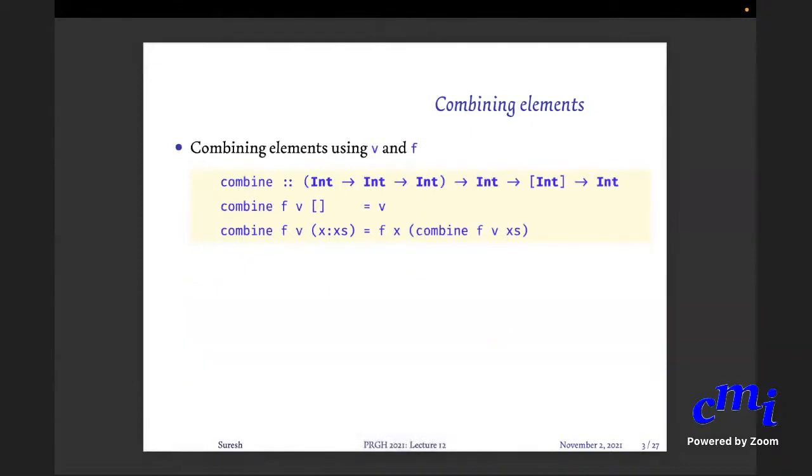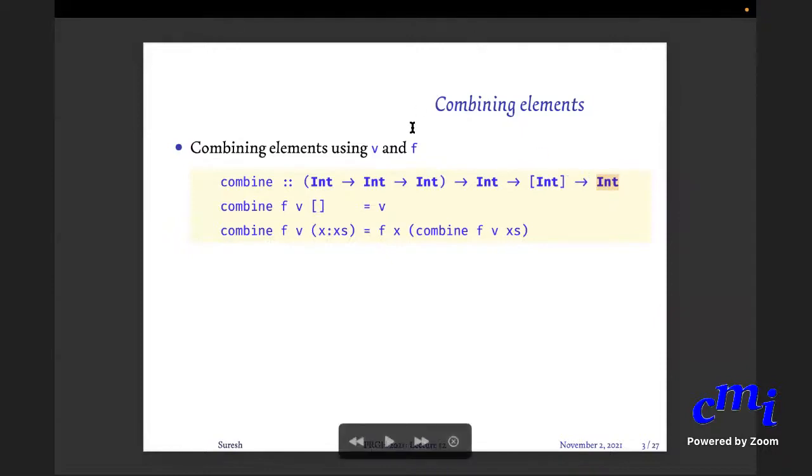The common pattern is that you are combining. In this instance, it is all ints, so you are combining using a function that takes 2 integers and returns an integer. There is an initial value. In the case of sum, it was 0. In the case of product, it was 1. And you have a list of integers given as input, and you produce 1 integer as output. In the case of map and filter, you produced lists as output. In the case of this combine function, you will produce 1 value. So you want to combine the whole of a list into 1 value.